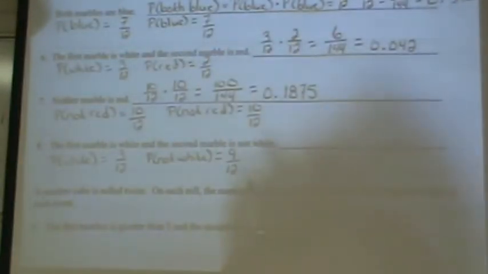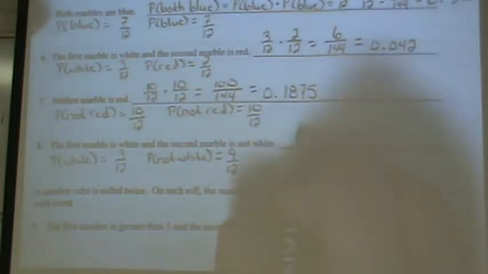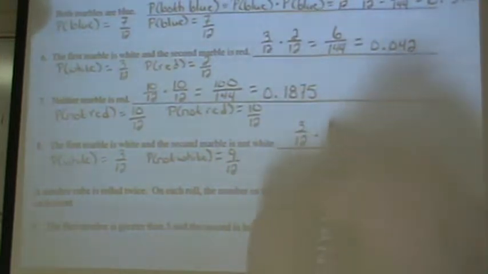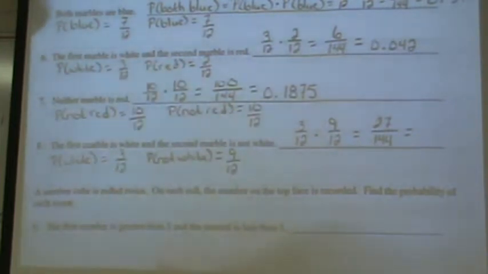So our probability of drawing a white first and not a white second is 3 out of 12 times 9 out of 12. So we're going to get 27 out of 144, which is going to give us a decimal of